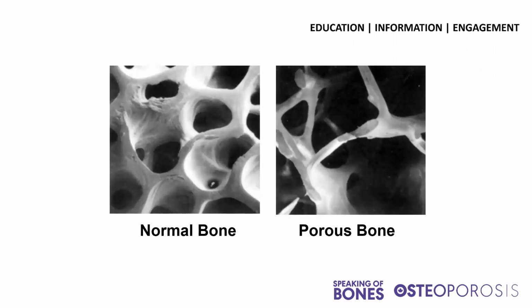So as I mentioned before, this is what the trabeculae, or the inside part of the bone, looks like. You'll see the normal one there, and then with osteoporosis, you see the more porous bones. So this one is less supportive, it's less dense. The crosslinks are fewer and far between, and so this bone is more fragile, and this is what causes an increased risk of fracture. Osteoporosis is often called the silent thief because there are no symptoms associated with the deterioration of bone tissue until a fracture occurs.